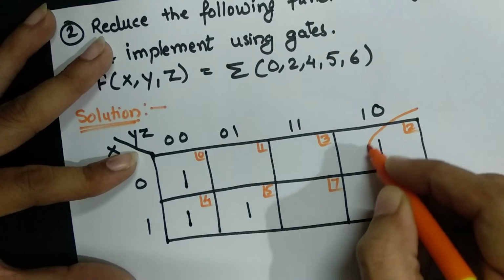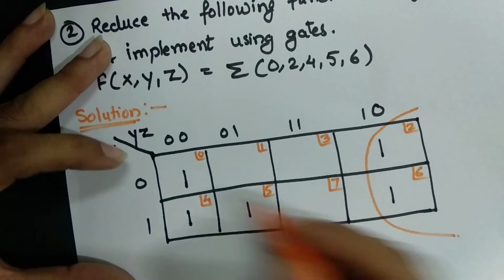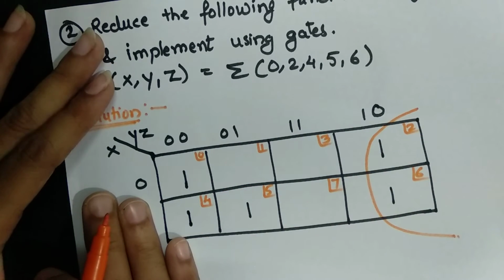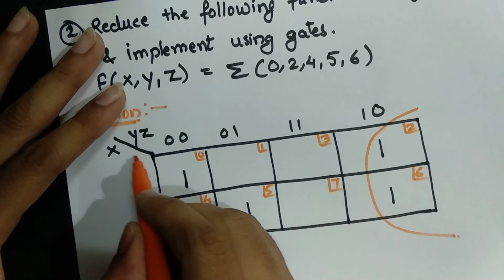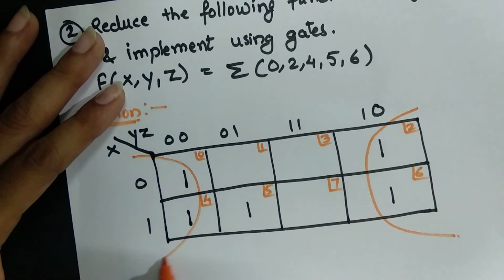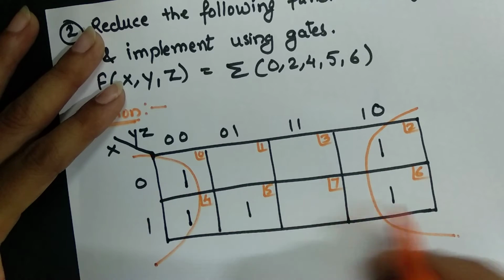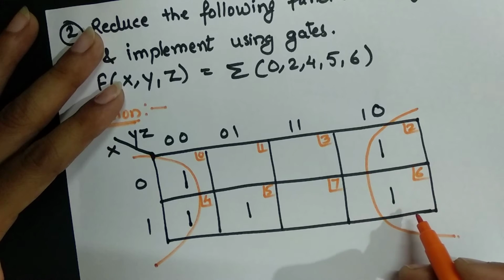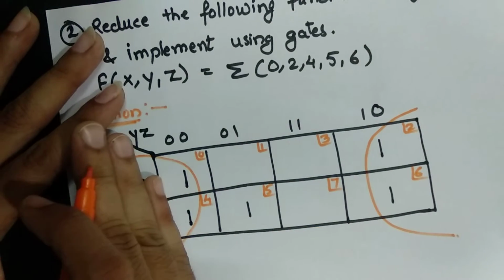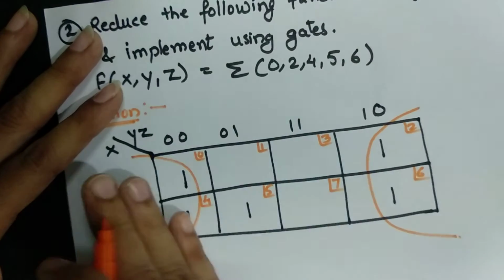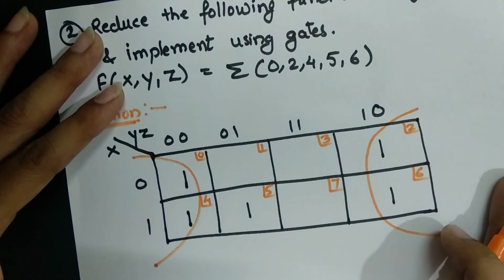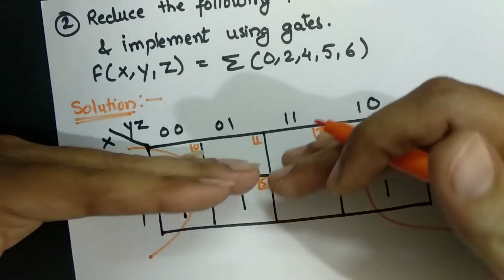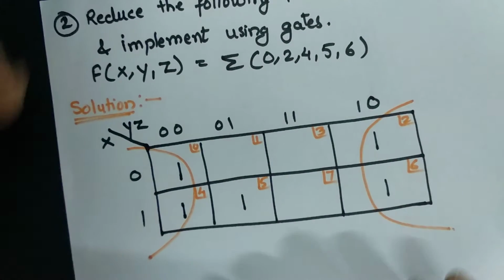Here this is a group of 2, and at the left corner you again have a group of 2. So the complete structure is a group of 4. Okay, you can take the grouping of adjacent sides of your K-map. Likewise, the upper side also you can do, upper half and lower half.